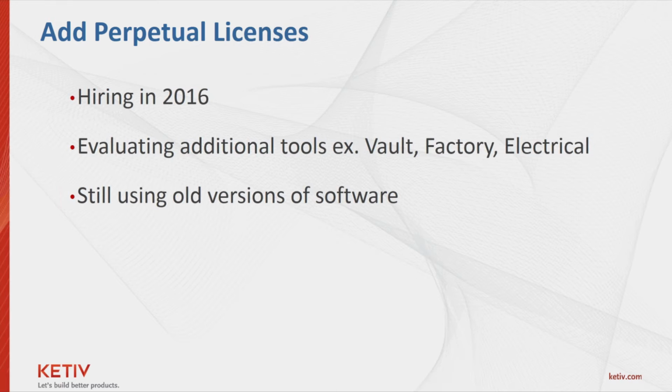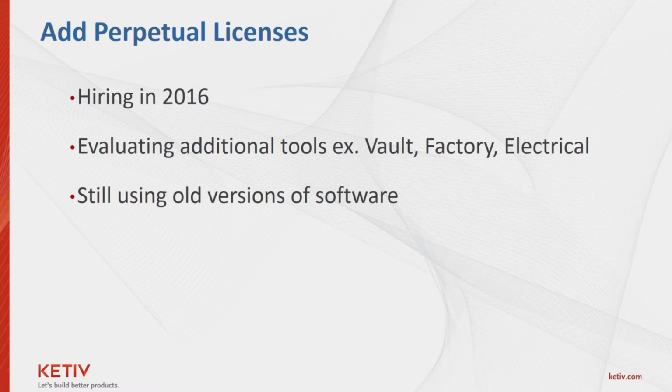Other customers have been evaluating new technology like Vault, AutoCAD Electrical, Factory I brought up, maybe different collaboration for Revit, additional higher level building design suites. If you're in an evaluation mode today, it may make sense for you to look at adding those perpetual licenses now rather than acquiring those in a subscription format later on. And those of you that are using older versions of software, you'll want to make sure you understand the implications of that and consider bringing those current today rather than waiting until you have more limited options as we go forward.